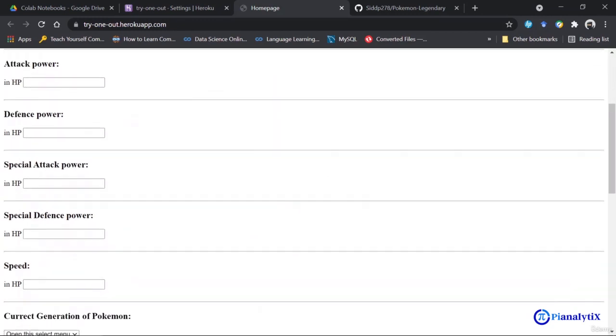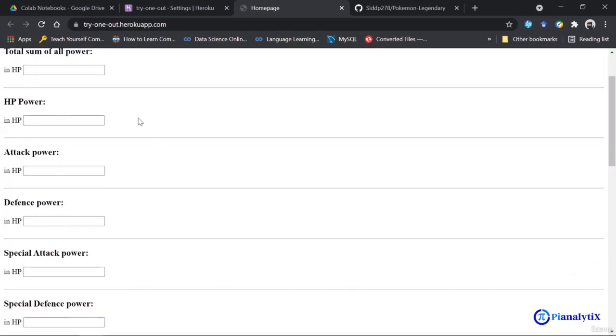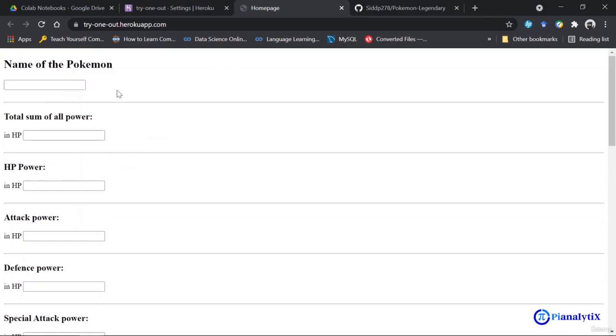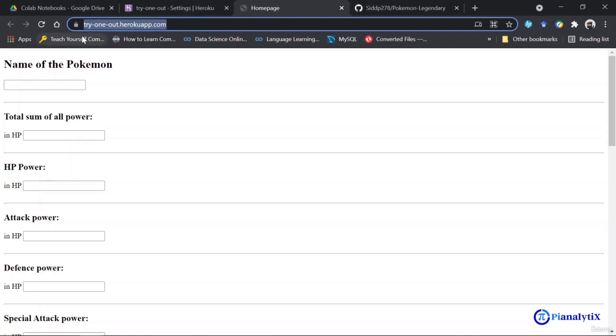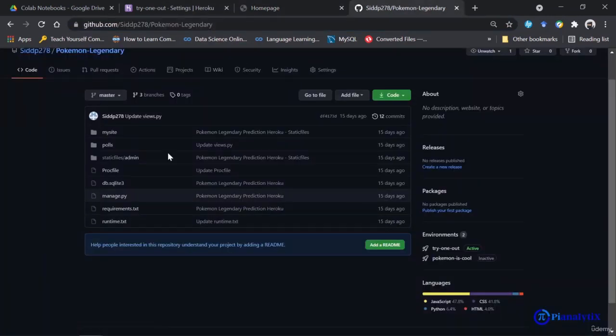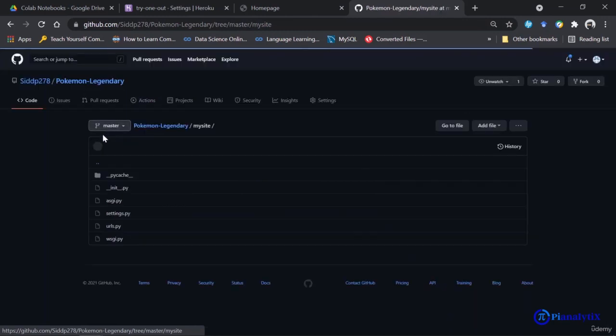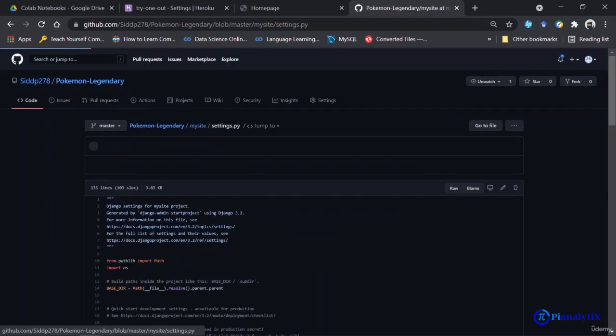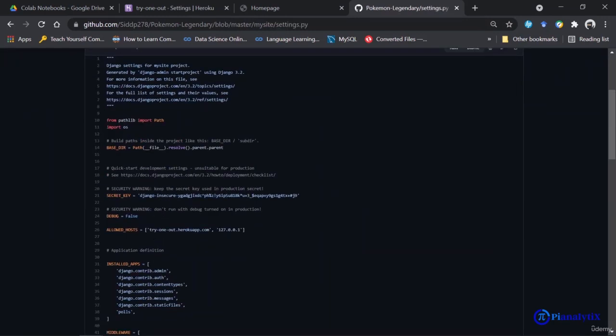Since the first template that I was rendering was index.html, it has rendered. But you can see one more thing, this URL. This is the URL that I copied and then set in my settings.py file. You can see here, these are the same thing.